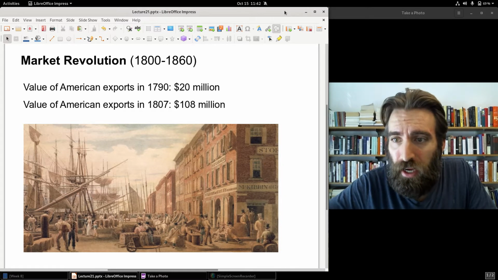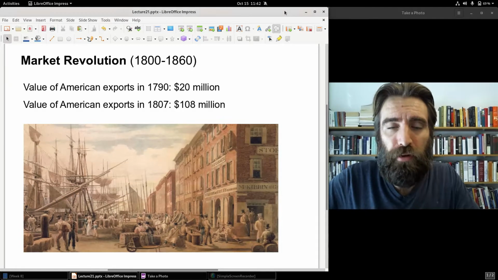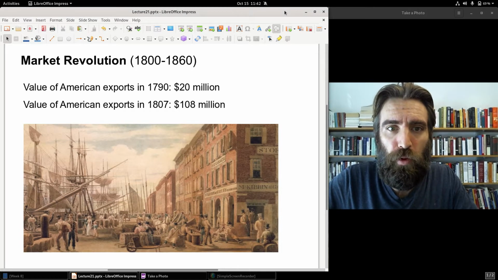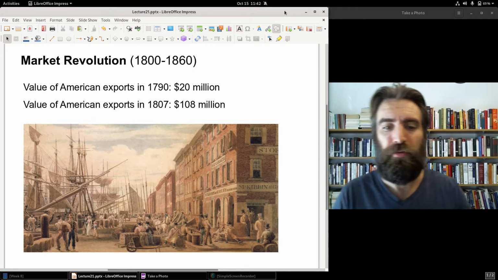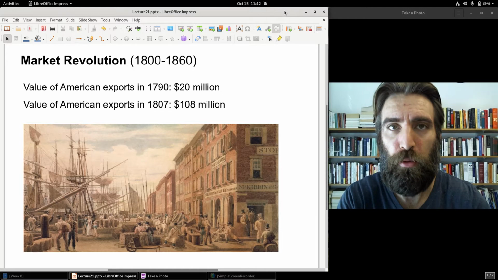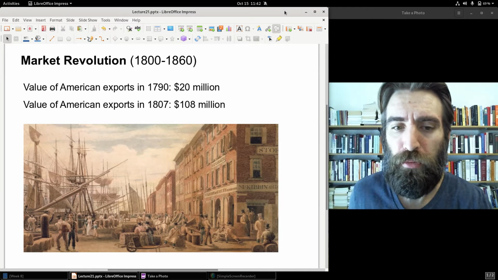Let's take a look at just a couple numbers. Exports in 1790, about $20 million worth of exports from the U.S. By 1807, that was up to 108 million. I stop at 1807 because in 1807, Jefferson made maybe a political miscalculation and ordered an embargo on British and French